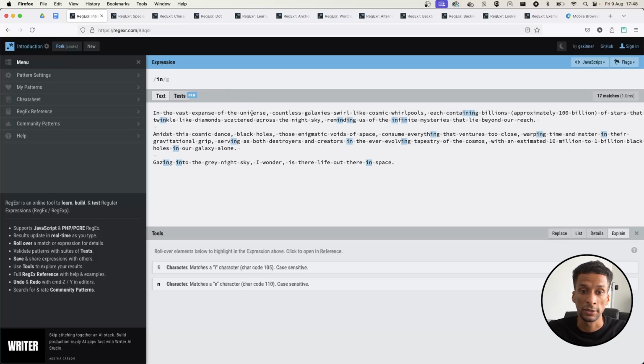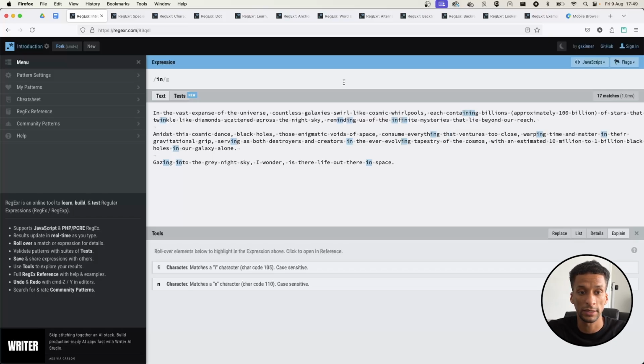Of course they don't match, so the engine will continue to move through the string one character at a time until it finds an I to match the I at the beginning of the expression. The next I is in the word swirl, but the following character is an R, which doesn't match the following token in the expression. So the engine will then continue to move through the string one character at a time. And each time it matches an I, unless the N also matches, the engine will continue to move through the string and back to the beginning of the expression until it finds a match for both tokens, which the first match is in the word containing, where the I